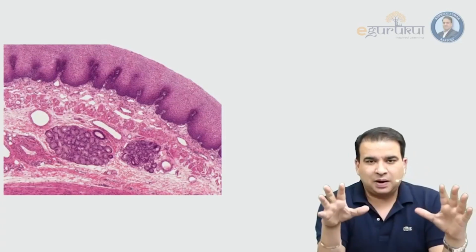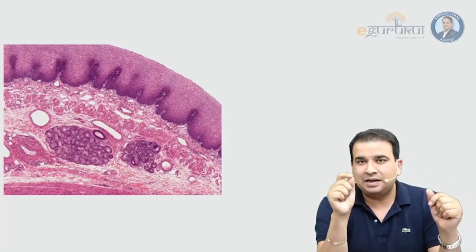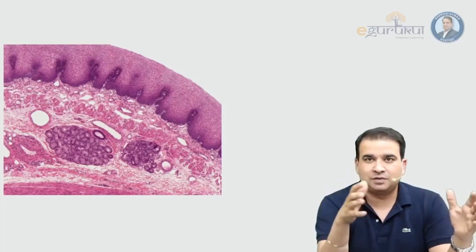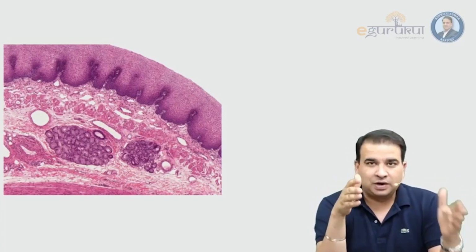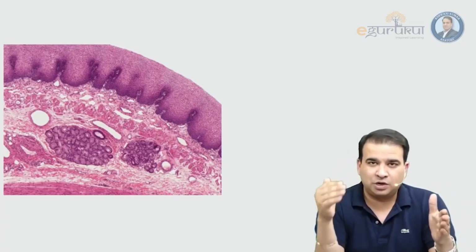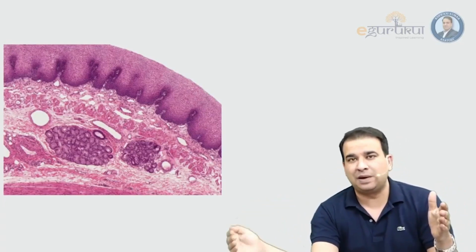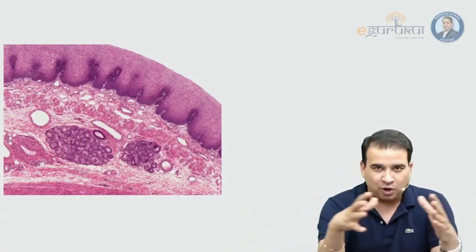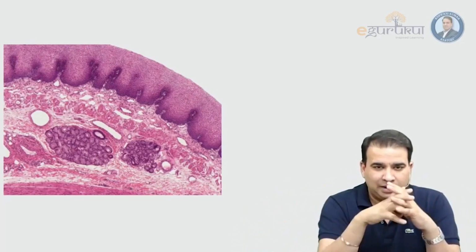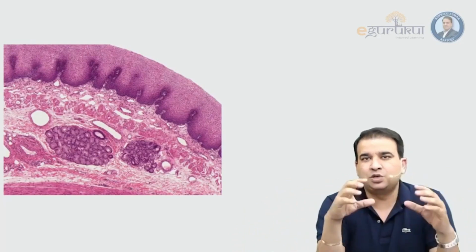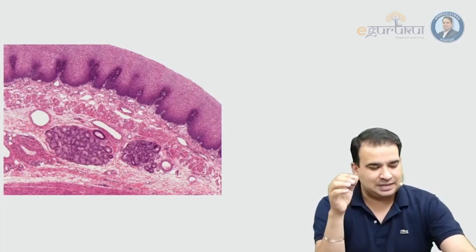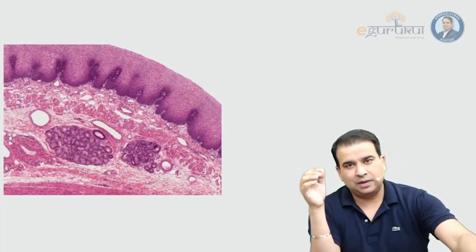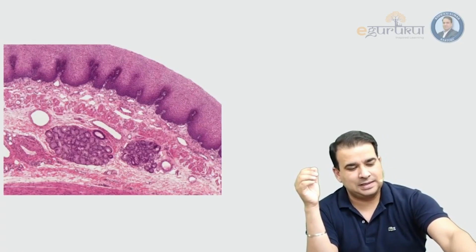So just listen to this part and once again just understand the differentiating features between the slides of the GIT, especially how to differentiate between the esophagus, the fundus of the stomach, the pylorus, the duodenum, jejunum, ileum, colon, appendix, and the liver. So let's take all these slides one by one and have a very quick discussion on the main differentiating features between all the slides in here. So starting with the slide that you're looking at right now,